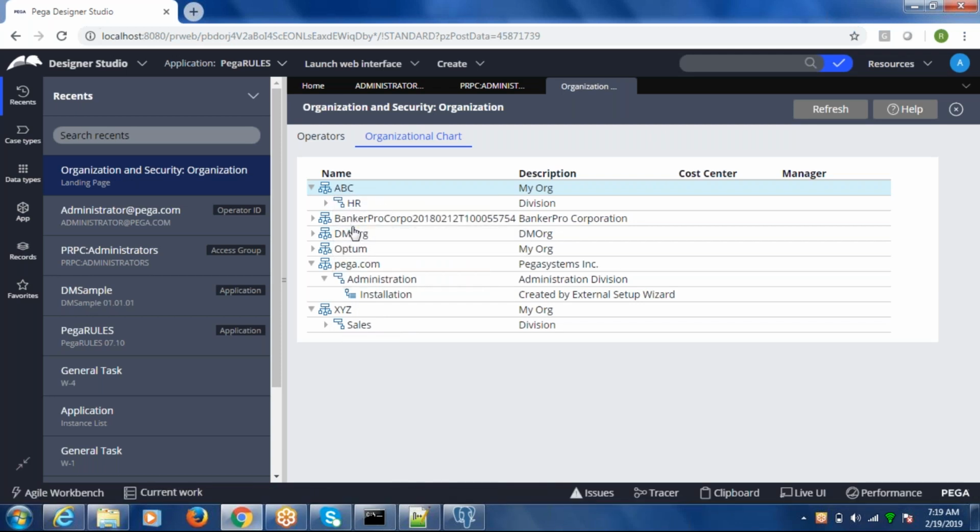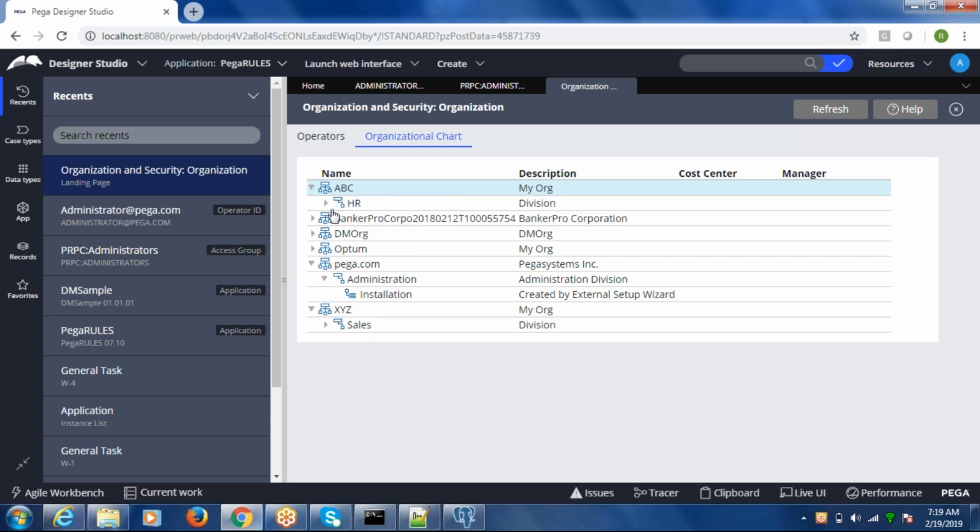You can have one more, something called sales. So there are multiple divisions, and certain operators may belong to the HR division, certain operators may belong to another division. In that way, you will classify the users who are created as belonging to a certain division or a certain organization.